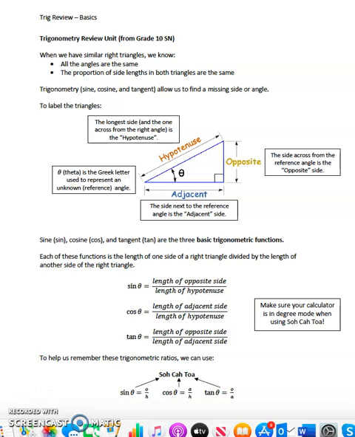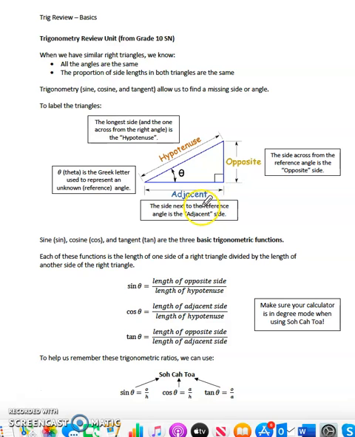In this video, we're going to talk about your basic trig ratios. So we're going to talk about sine and cosine and tangent. When we're talking about these three trig ratios, we're talking about right angle triangles. So before we talk about sine and cosine and tangent, we need to come up with agreed upon ways to